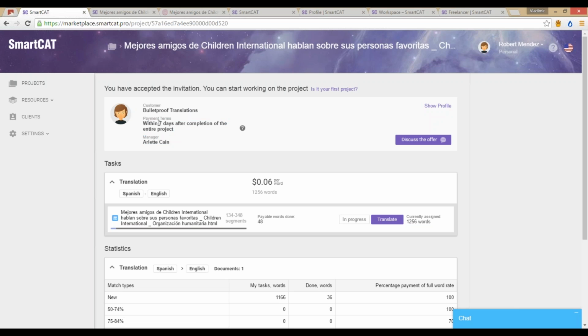The standard text we have here is within 7 days after completion, but many customers change it to 15 or even 30 days. You know that that's the industry, that's how the industry works. Being a translator myself, I know that it's sometimes annoying that you have to wait for 2 months to get paid. What we can do from our side here is to ensure that we pay you quickly. But regarding waiting for the whole project to be completed,